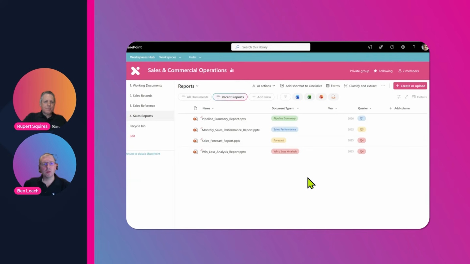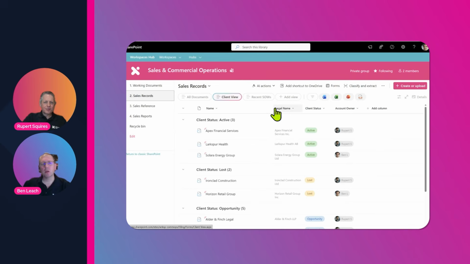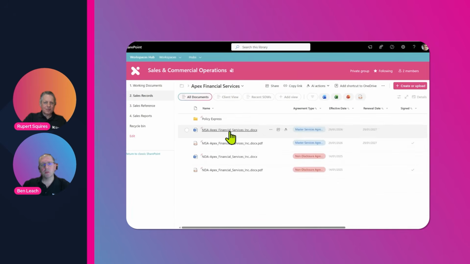So the next one we're going to jump to, I'd probably say let's jump to the sales records library actually. Okay. So as you said, with the working documents, we don't have any metadata at all, so we're not going to worry about that. So now if we go into our Apex Financial Services again, the first thing, can you just scroll over to